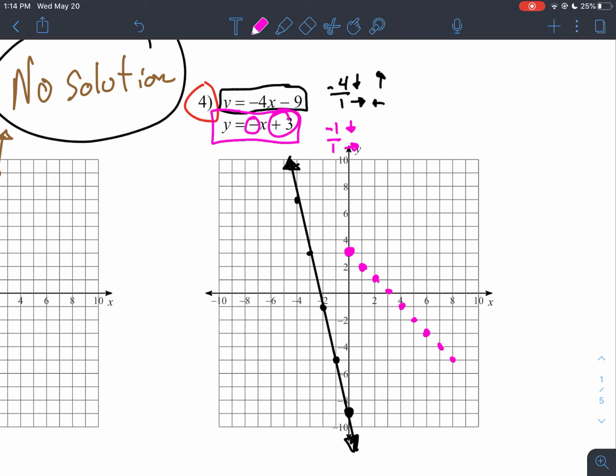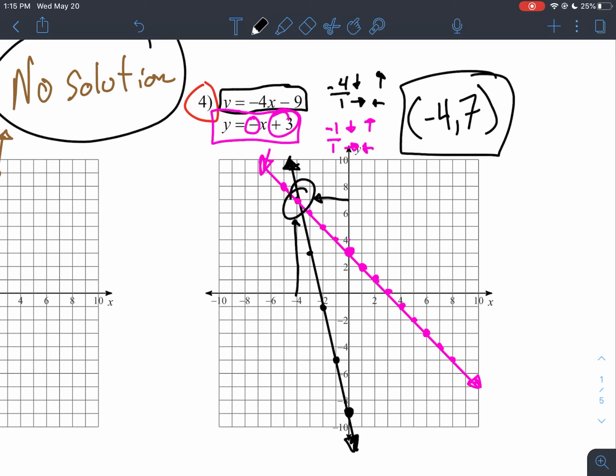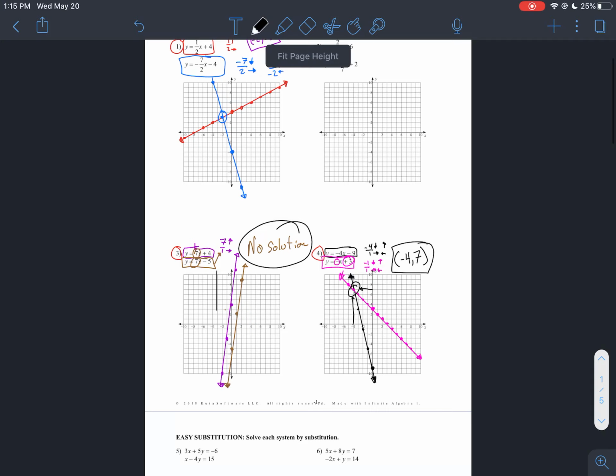So let's flip it around. And instead of going down and right, let's go up and left. So starting back here, we're going to go up 1, left 1. There, that's more like it. Now we're getting closer to that line. You can see where those points converge on this graph here. And that is the location of the point, it is at negative 4 and 7. So the solution to this one is going to be negative 4, comma, 7. And what should end up happening when you plug these in to the original equations is they should come out with true statements. So that's a quick review of solving